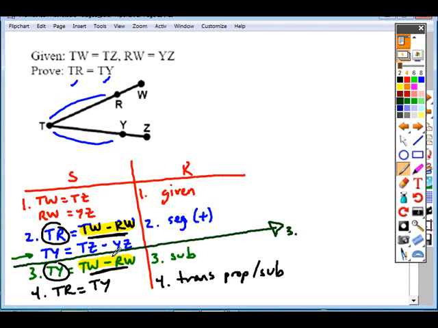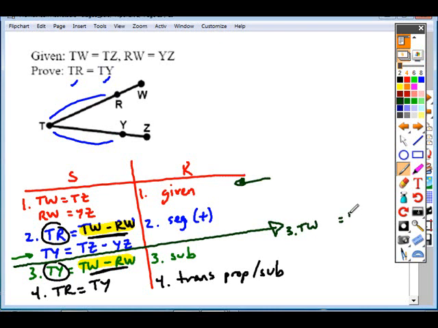Okay, so I showed you one possible way is to transform the equation in step 2 so that it's equal to the other equation in step 2. Well, the other way that you could approach this proof is you could take each of the expressions that TR and TY are equal to, and if you could say that TW minus RW is equal to TZ minus YZ, then you could substitute in those expressions to show that they're equal themselves. So that's the other way to do this, and the way that you would do that is, in this case, you'd start with the statement from step 1, which is TW